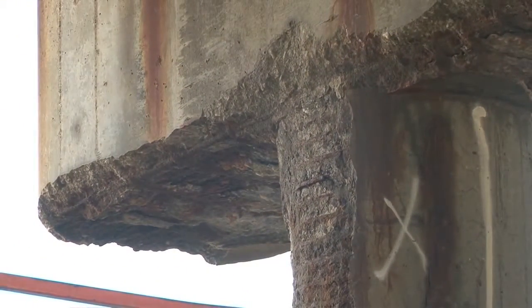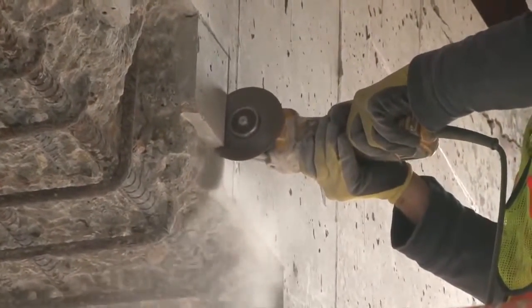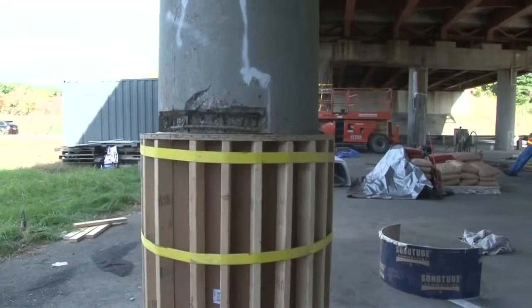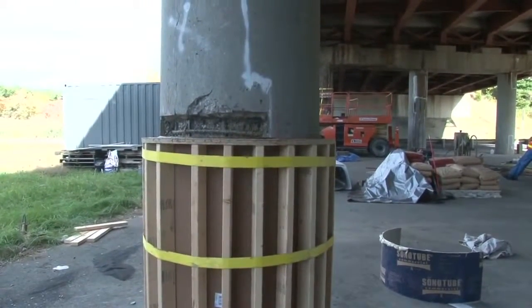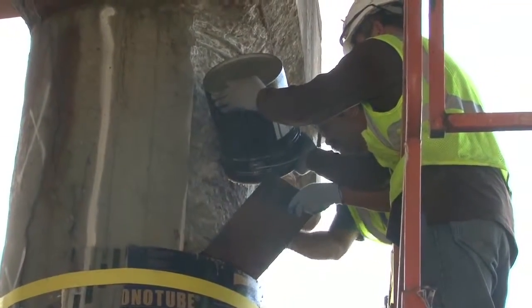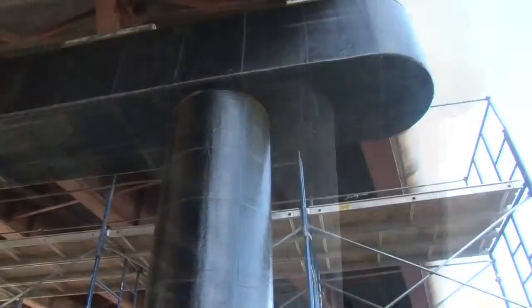For this project, it was determined that the columns and beams needed significant removal of the eroded concrete, necessitating a variety of types of forms to rebuild both the vertical columns and the horizontal beams. Once the concrete was rebuilt with the Carbon Wrap concrete substrate, the plan was to wrap the concrete columns with